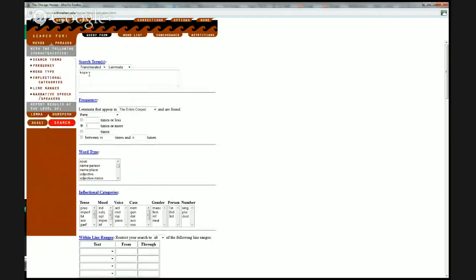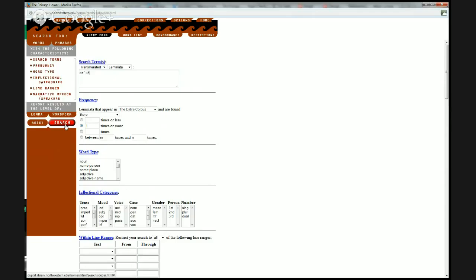So I'll give another similar example where we perhaps know the beginning of a word, and maybe we might want to think about words that are related to, say, the word menis, and we know that it's M, in our source book, E with a line over the top. In Perseus, it would be an H to represent that eta character, but here you do ME and then a circumflex to represent that eta, and then we can do N to represent nu, and then we can do the percent sign